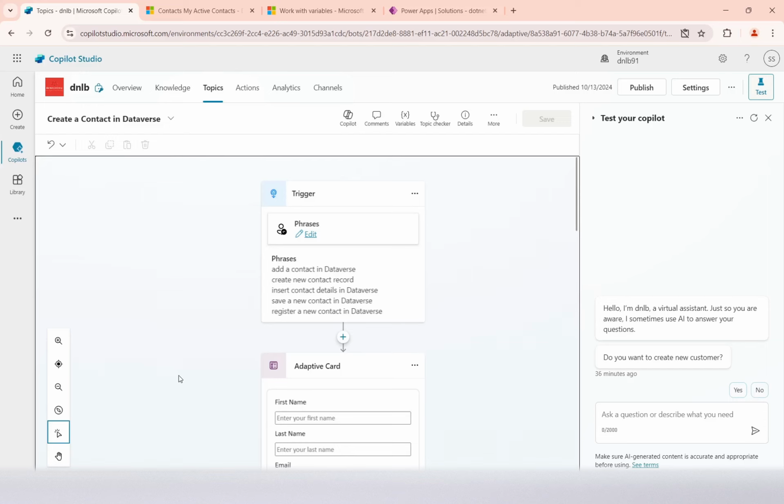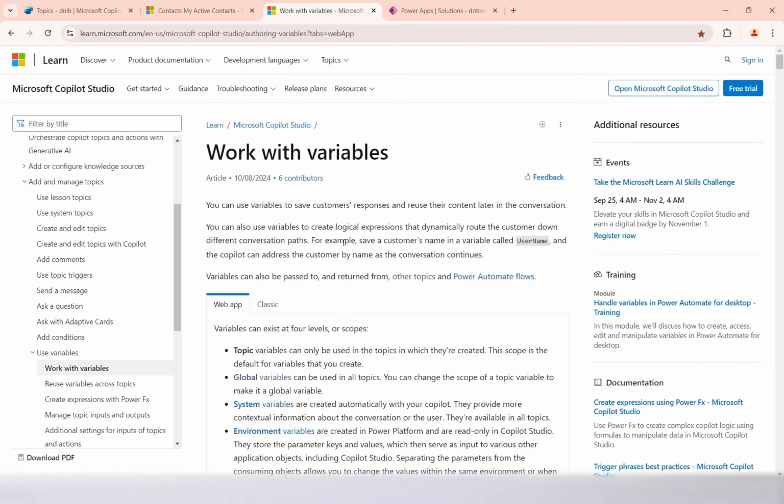Hello everyone. In this video, we will discuss variable management in Copilot Studio. We will see some examples and scenarios in this video. So before I show the demo with the variables, we will discuss a little bit of theory about the